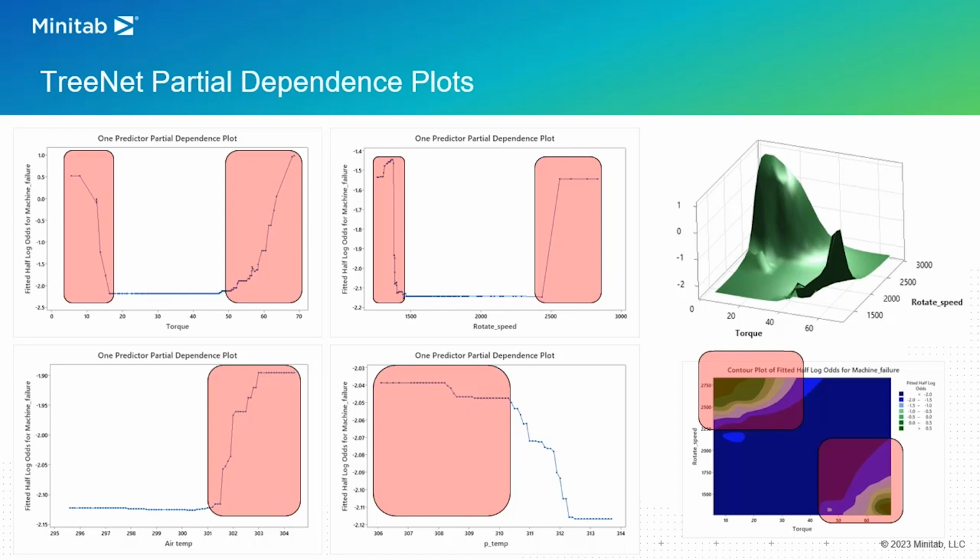So notice, because of the presence of this interaction, when we look at torque and rotation speed individually as univariate graphs on the left, we could actually see those nonlinear tail rises, but the reality is that they are the result of this interaction, which is a lot more prominent when you look at that TreeNet plot in a 3D scenario. So that gives us